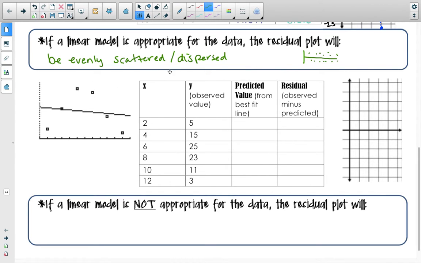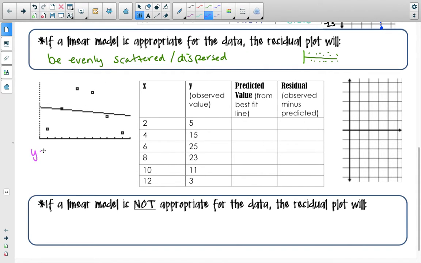So if we look at this example down here to find the residuals and the predicted values and to look at our residual plot, we can see that we have data points and a line that we've put as a best fit, but these data points are much too far away from our line to seem to be fitting very well. Now we've done a linear regression on these data points of (2, 5), (4, 15), (6, 25), (8, 23), (10, 11), and (12, 3), and we've gotten the equation